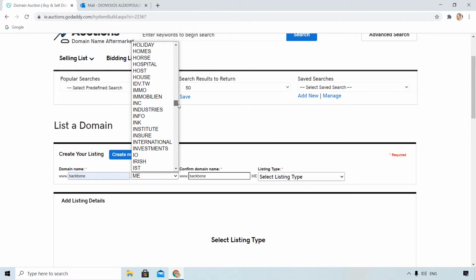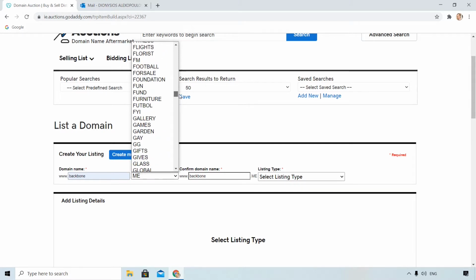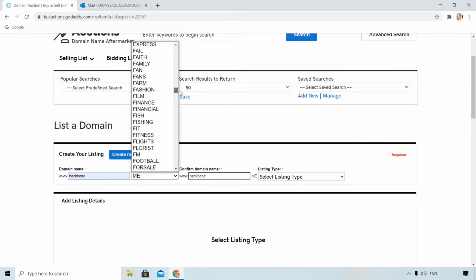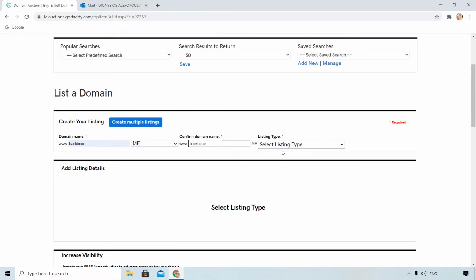For example, I couldn't find the Indian domain extensions like .co.in or .in. There are also some other limitations. For example, you can't list domains that expire within the next 90 days, inactive domain names, or internationalized domain names.